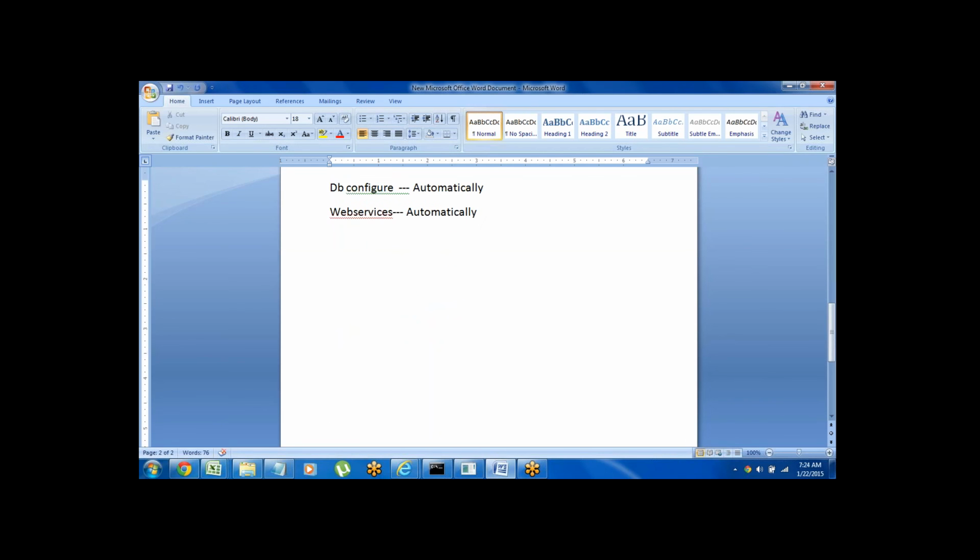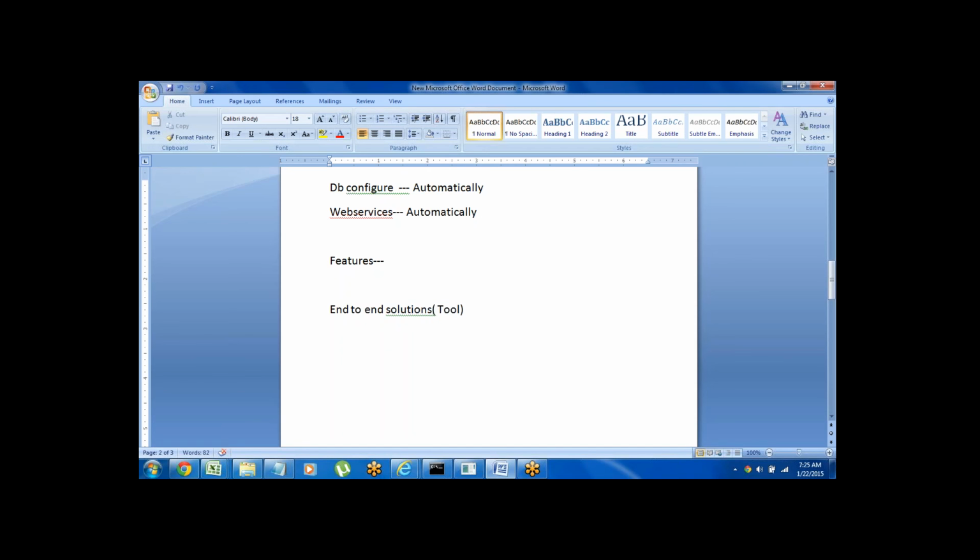Coming to the features of Pega, some of the main important features: it provides end-to-end solutions. End-to-end solutions means that when we install the Pega software, it installs only one single tool. In this tool itself, we can do everything. There is no need to install anything else apart from the Pega software. Everything is integrated in the Pega tool itself.